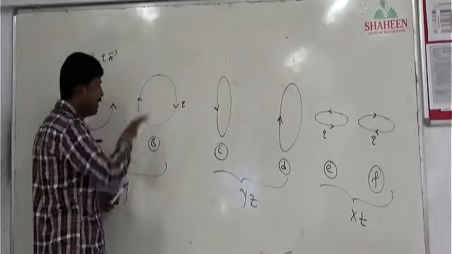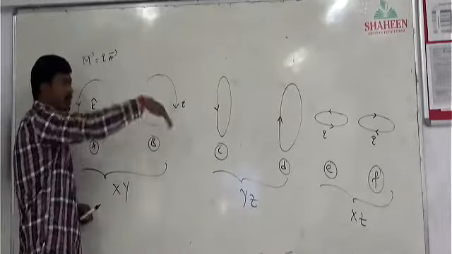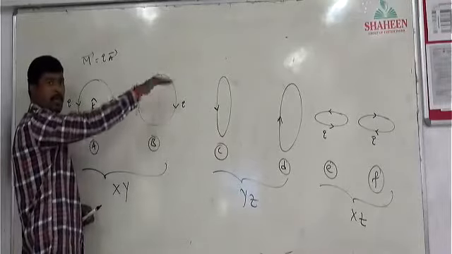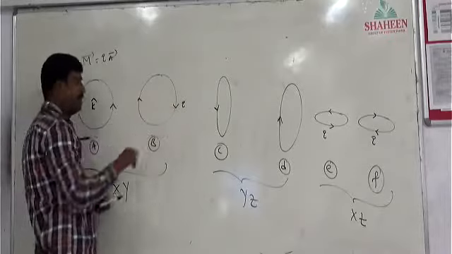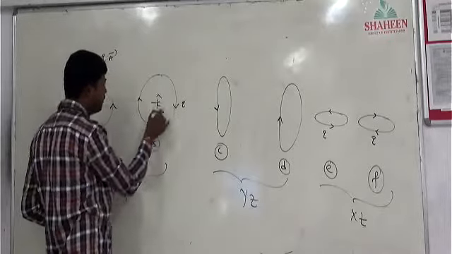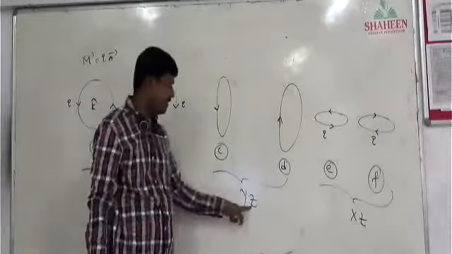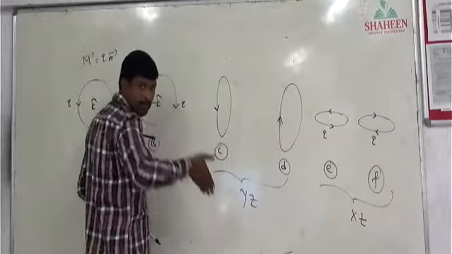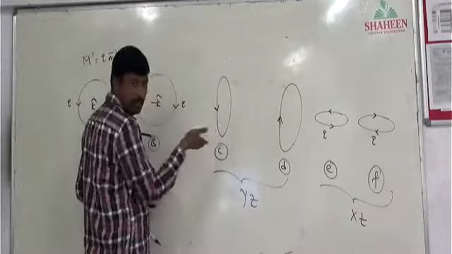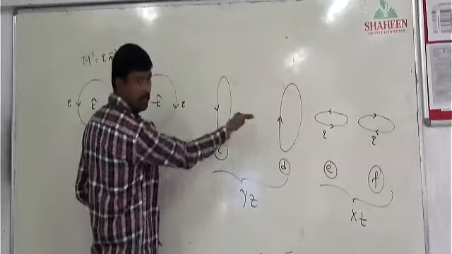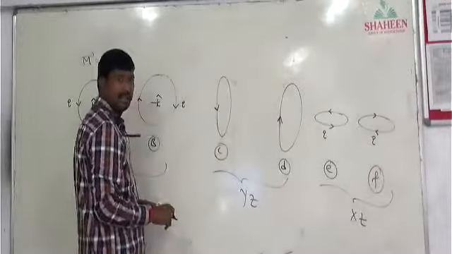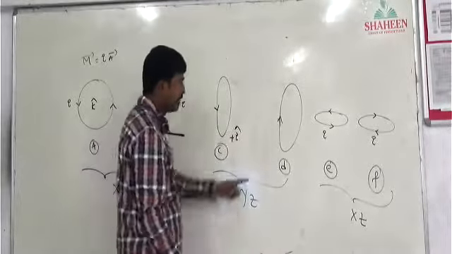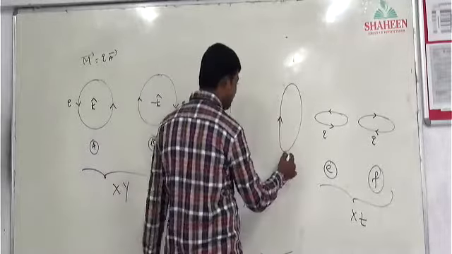This B, you see, clockwise current is flowing, clockwise. Which side? Inward, minus K cap. Current in the YZ plane, I said. So in YZ you see current flowing anti-clockwise. So which side? Plus x-axis. Plus x-axis means plus I cap. This is the reverse of that, minus I cap.